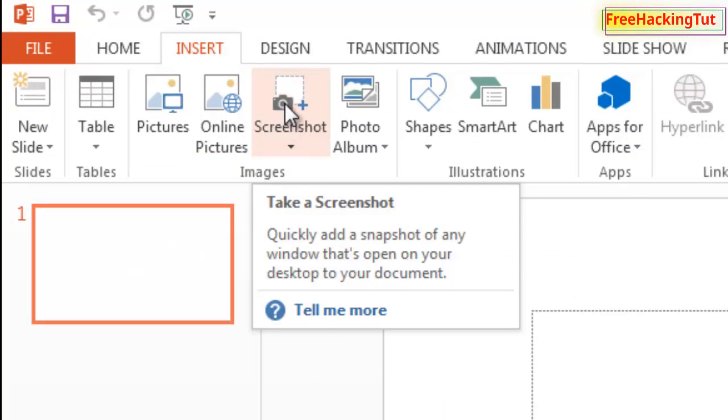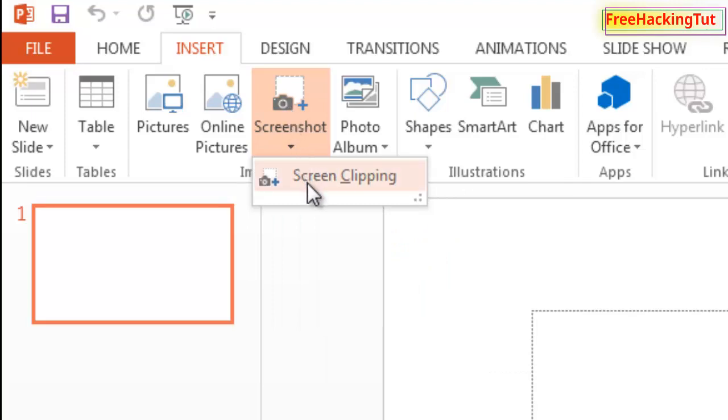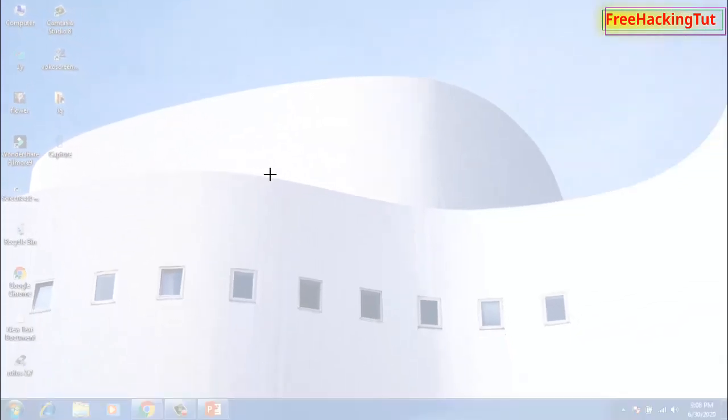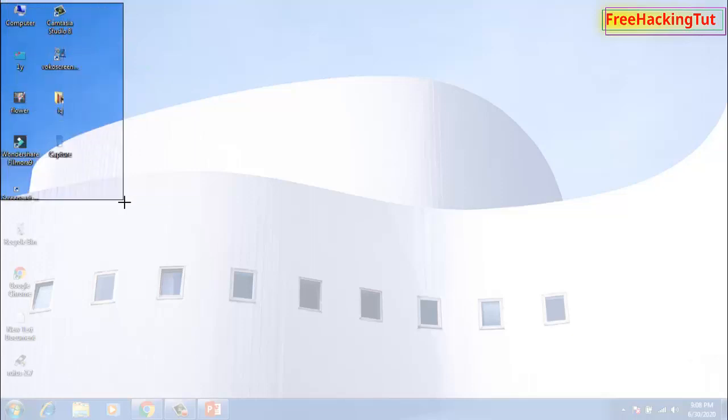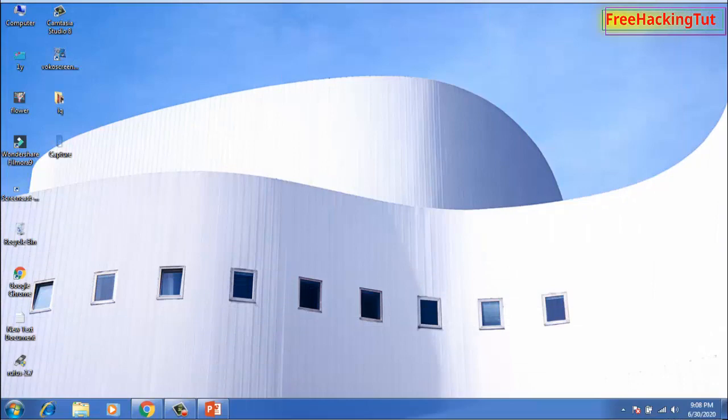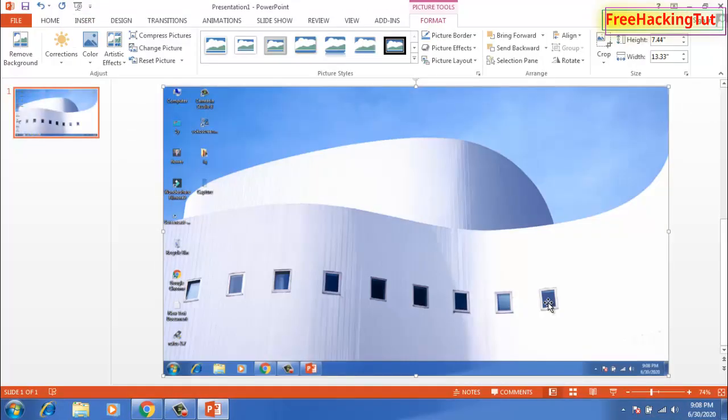Now when you have opened this program, in the Insert menu you will see Screenshot. So click on this option Screenshot and click on Screen Clipping, and after you have clicked on Screen Clipping, you'll see a plus symbol. So now all you need to do is just select the area. You can select any part of the area, or you can select the full desktop and release your mouse, and this will bring this